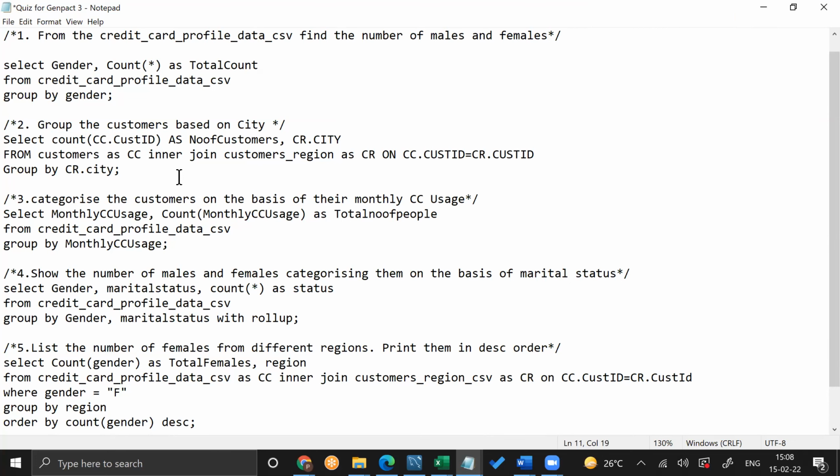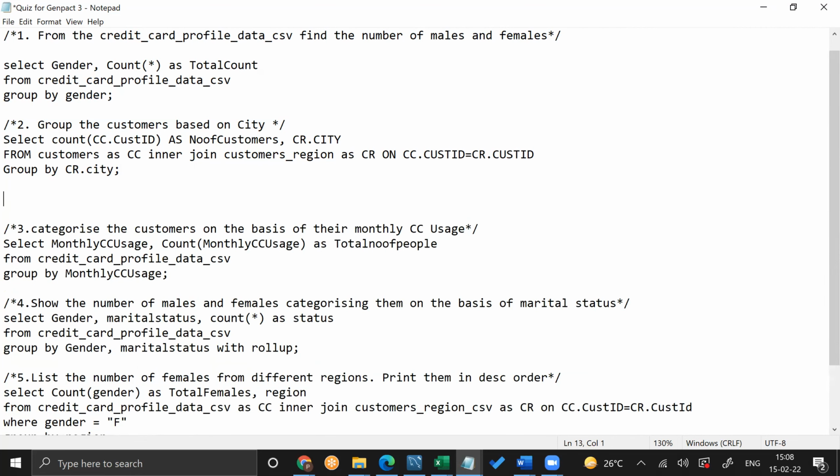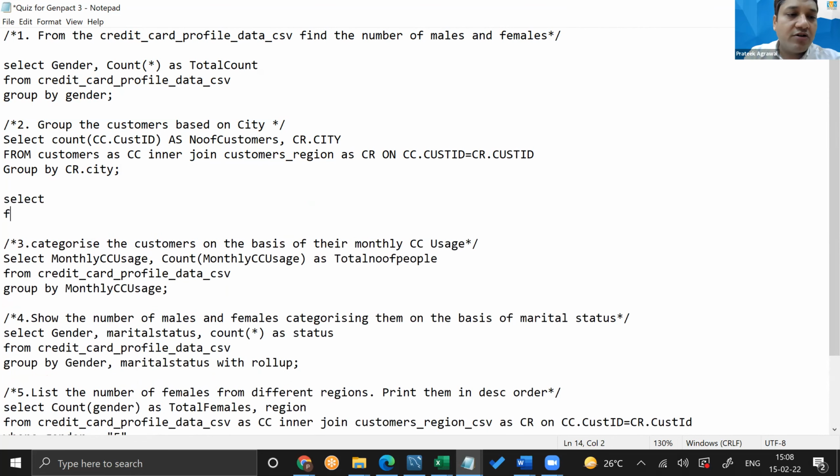Pratik, if the data is in the second table, customer_region, then why can't we directly take it from that? The cust ID is there as well. Why can't we use just a single table? Why are we joining it? Yes, right. Actually, cust ID is also in the region table, so this question can also be done that way. No worries, I understand what you're trying to say.